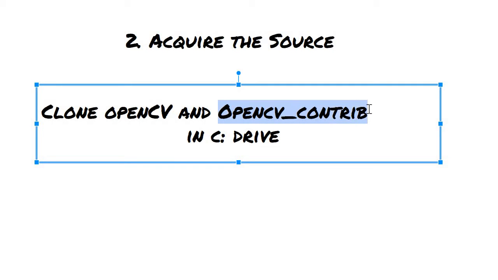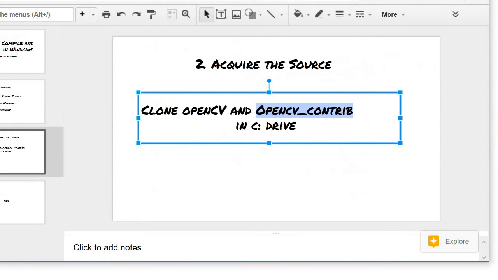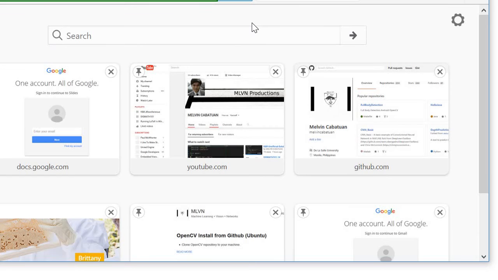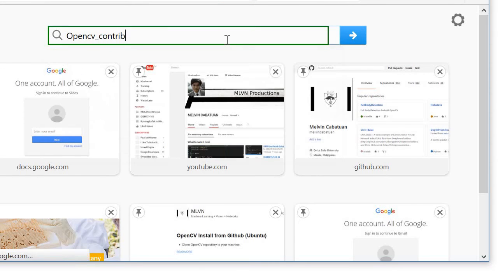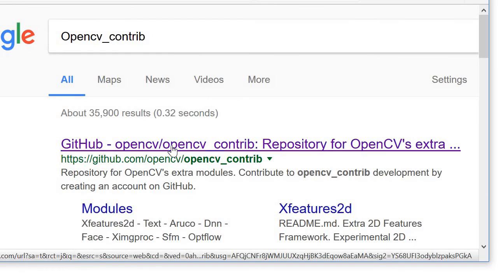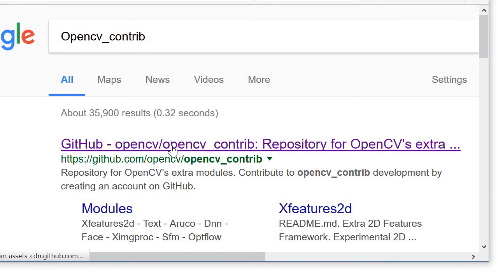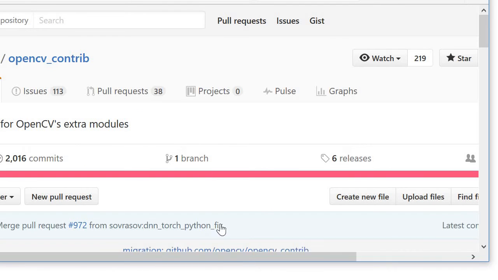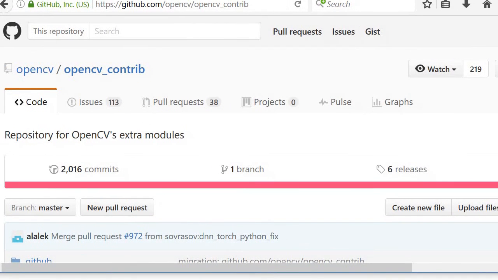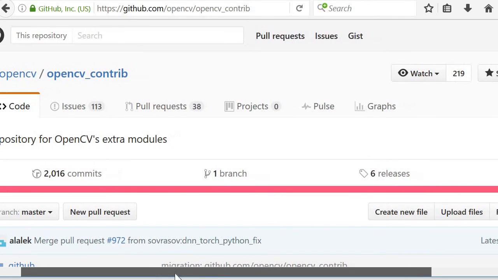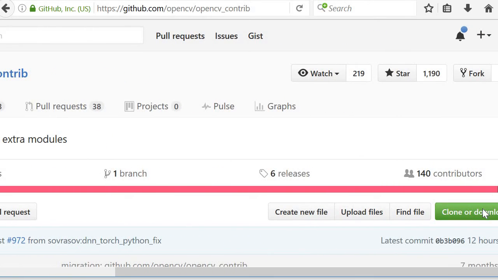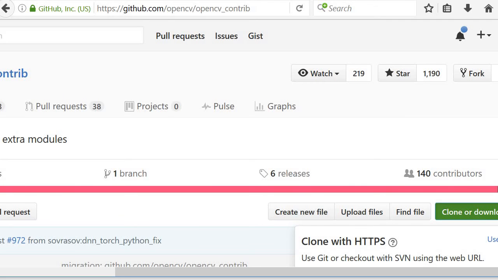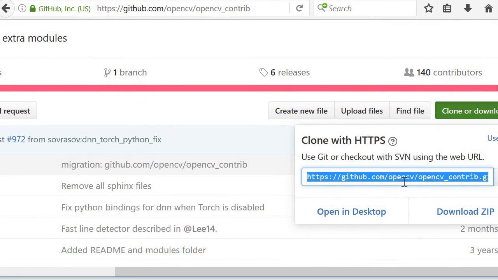Say let's try this OpenCV Contrib and clone this in our C drive. So again, you could search this one. So OpenCV Contrib module, and the GitHub will appear. So within this repository, we could now clone or download. So usually use this git